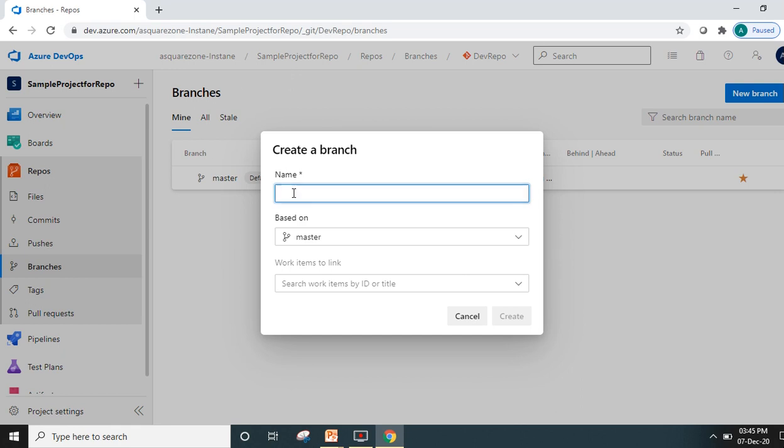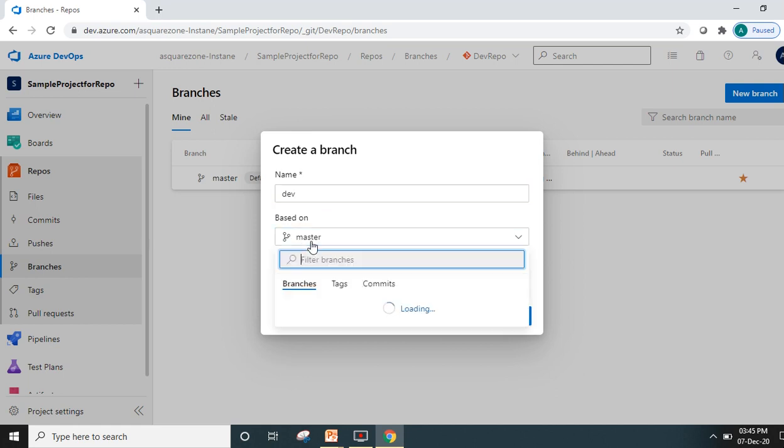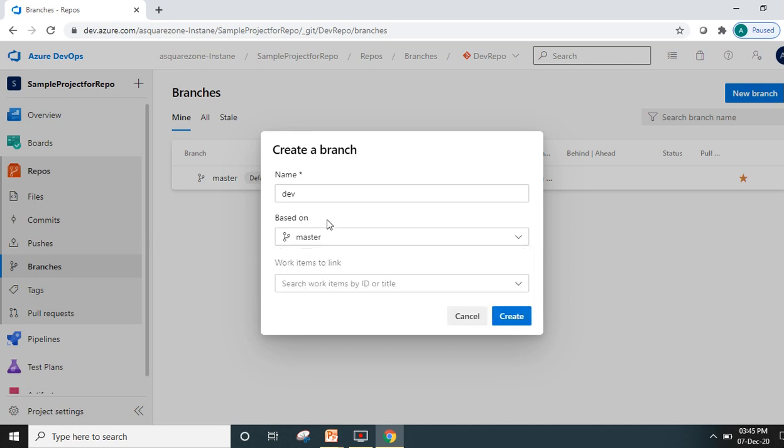We can give any name for our branch. I am giving dev branch here. Based on master branch, I'm going to implement, so from master branch it gets the code over here. I'm going to click on create.